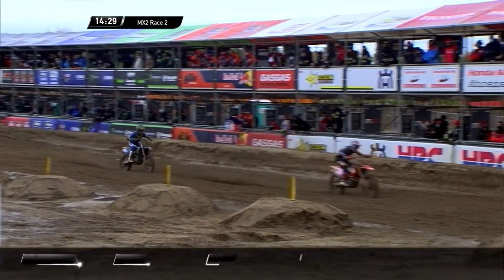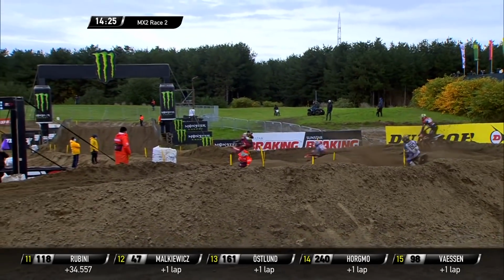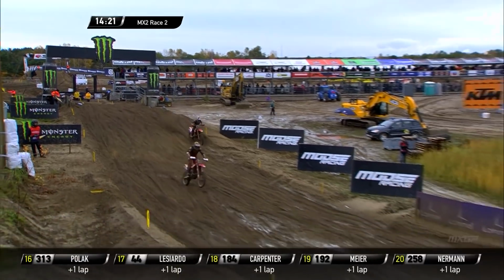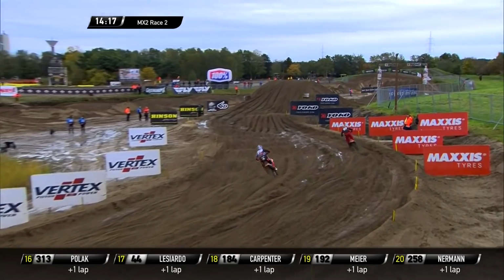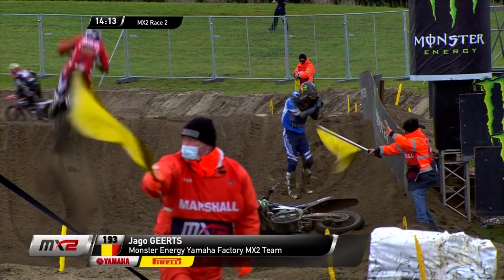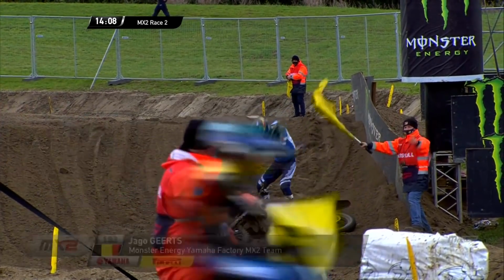But they're both ganging up on Isaac Gifting, a back marker ahead of the Swede. Back marker moves over and out of the way though. So this is 2nd place, Isaac Gifting. If Vial finds his way past the 5:17, have we lost Jago Geerts? We have again. Not sure what happened there, but